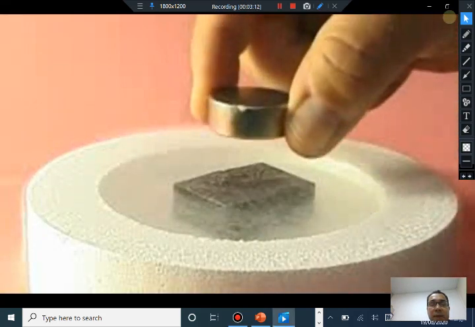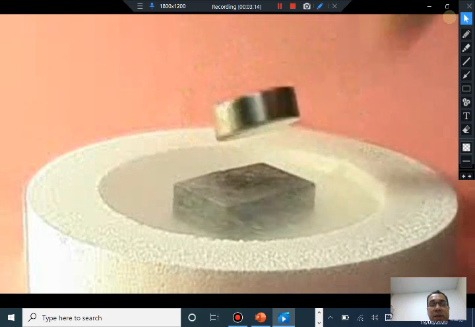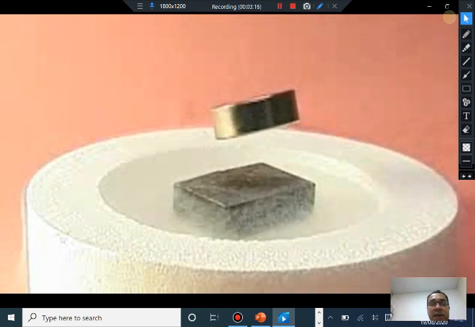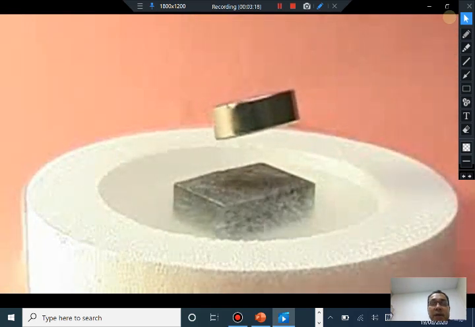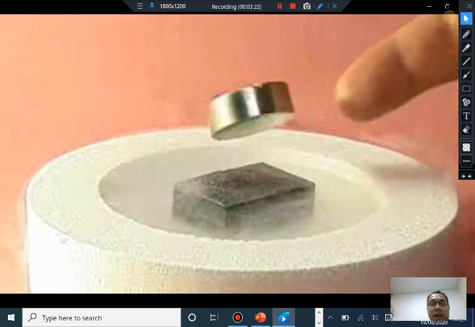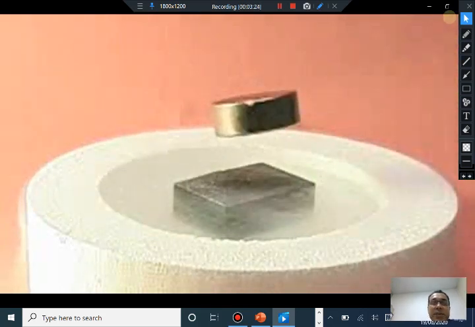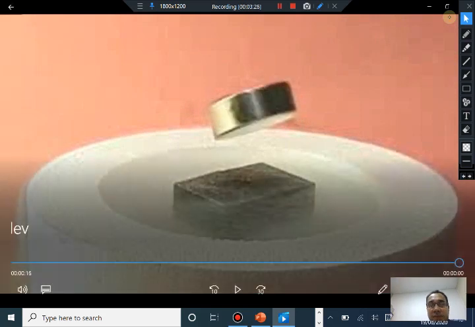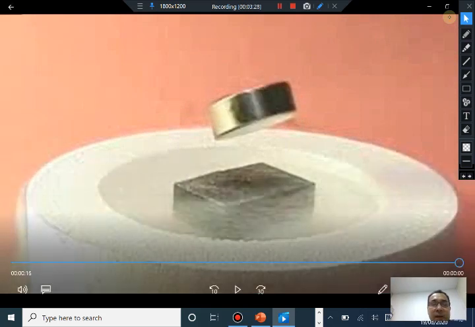Here the magnet is being placed on top of the superconductor, and what you see is that the magnet is floating on top of the superconductor. This is the phenomenon of levitation, and even if the person pushes the magnet, it remains in place. Let me show the video once again. So here is the superconductor which is placed in liquid nitrogen.